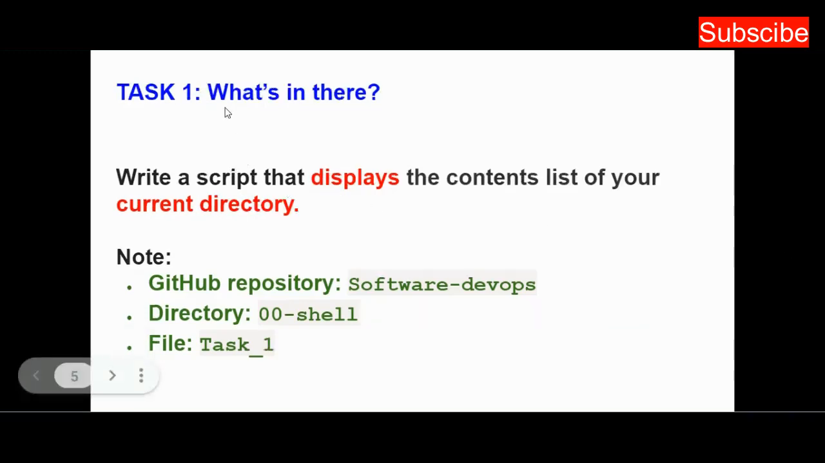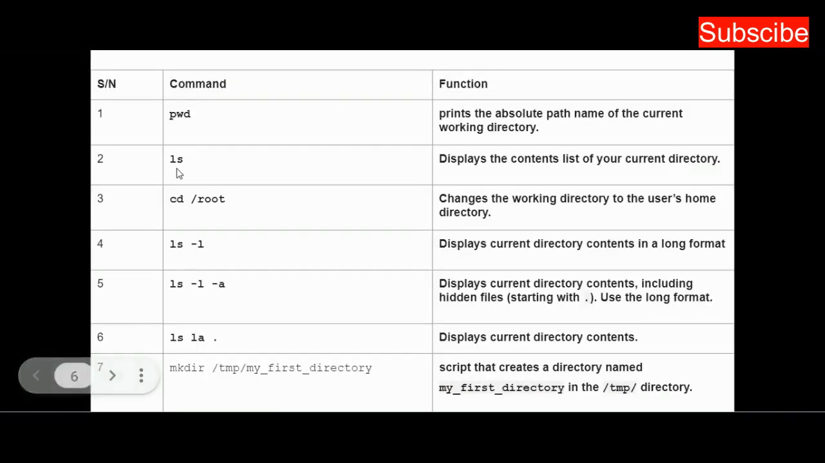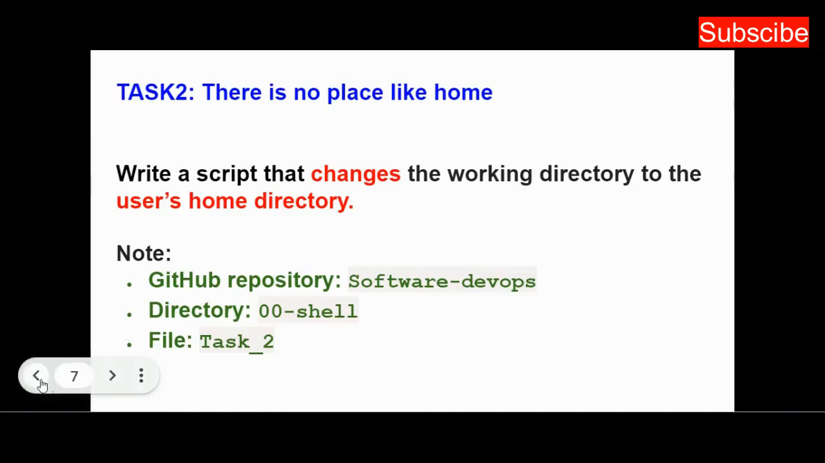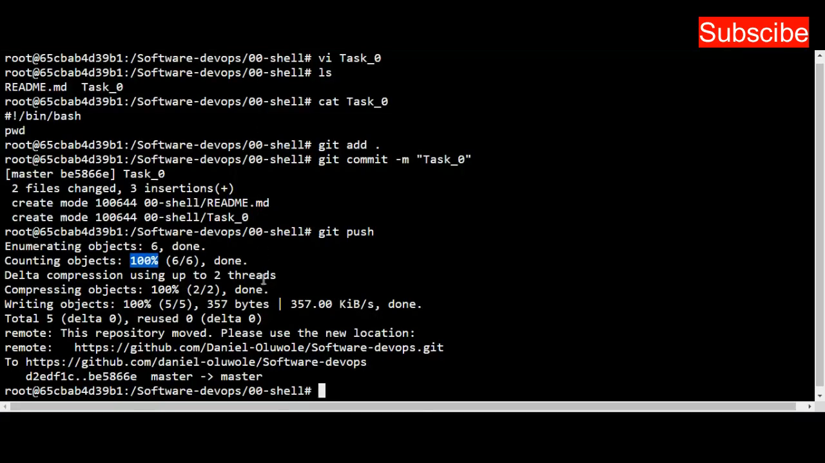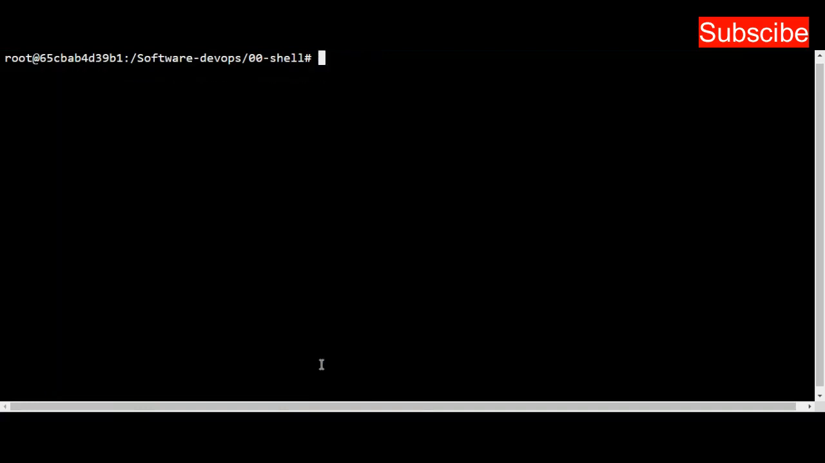The next task is titled what's in there. It says write a script that displays the content list of your current directory. So what is the command to list the content of our working directory? You know that the command is ls, to display the content list of your working directory. And so we just do the same thing. First of all, fire up our terminal, and I clear the screen to have more space to work. All right, so still in the same directory,